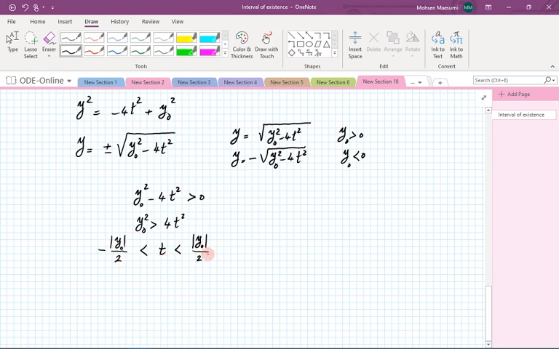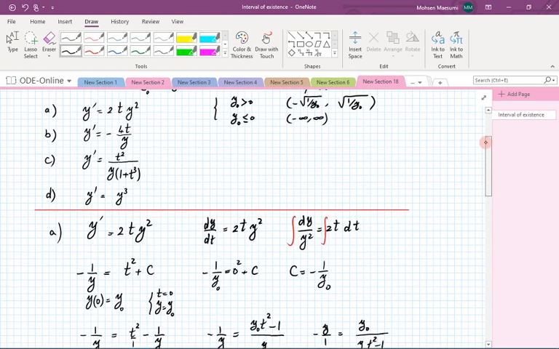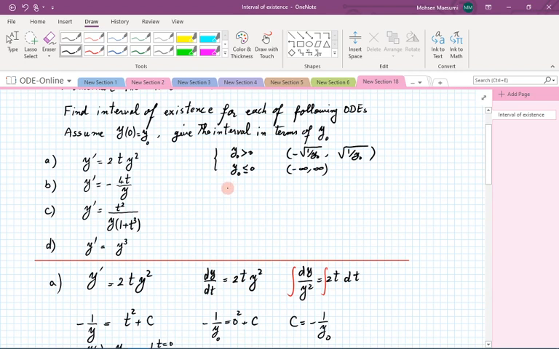So how far I go on the right and on the left is going to depend on how high I start. So that is going to be the answer to this problem. So that's the domain of existence. So let's write t turns out to be from minus absolute value of y0 over 2 all the way